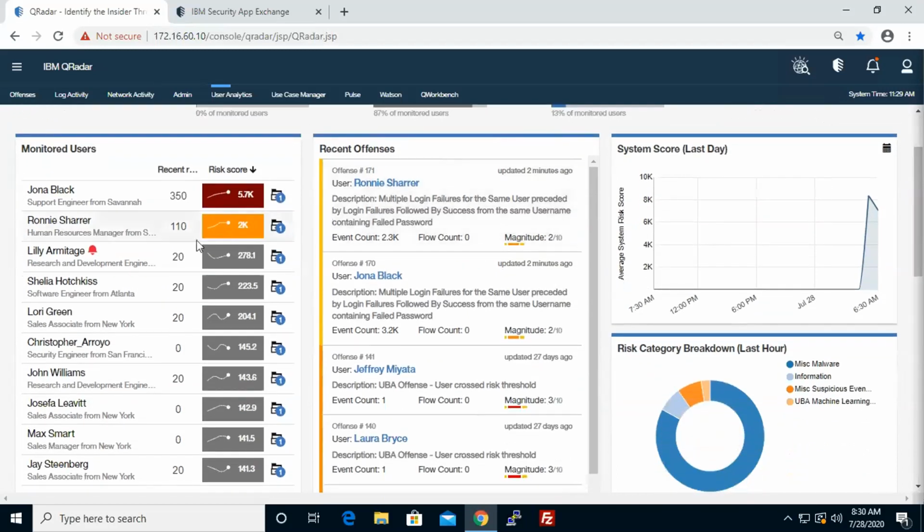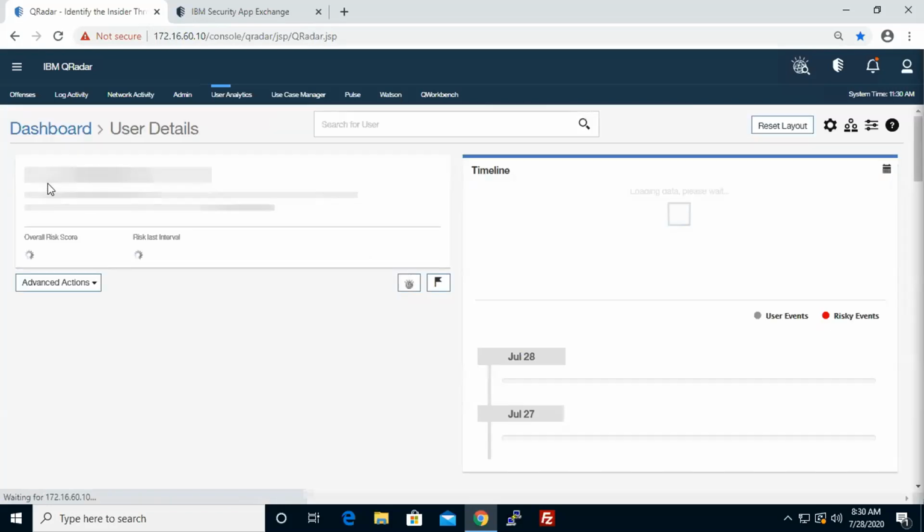So I can tell that I've got a user that has an increasing risk score associated with it, and it has turned from gray, which is just standard, that's normal deviation or normal usage, to red. That says something's going on with this user and it has been happening very quickly. So that's my monitored users, and very quickly I can go in and click on Jonah Black, and